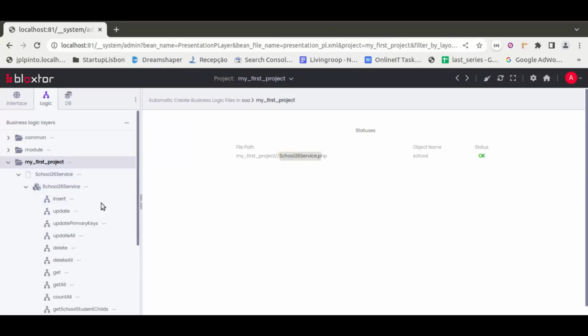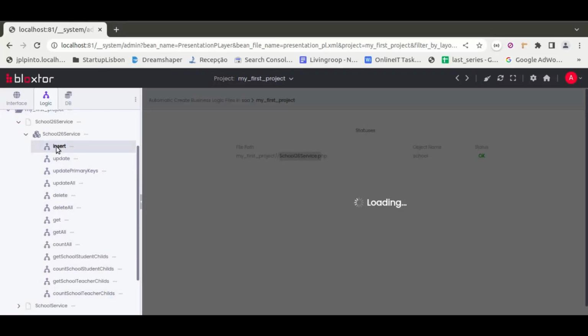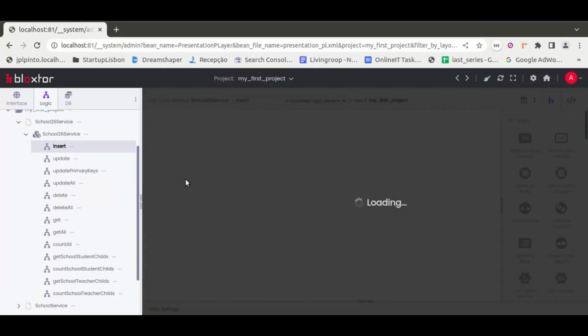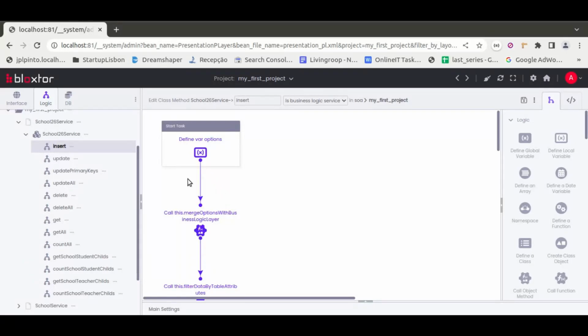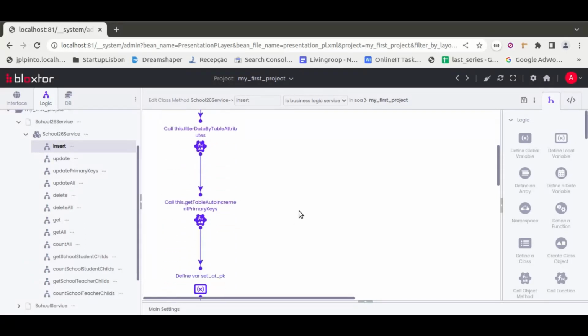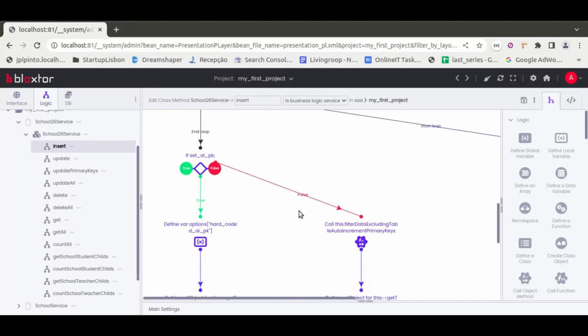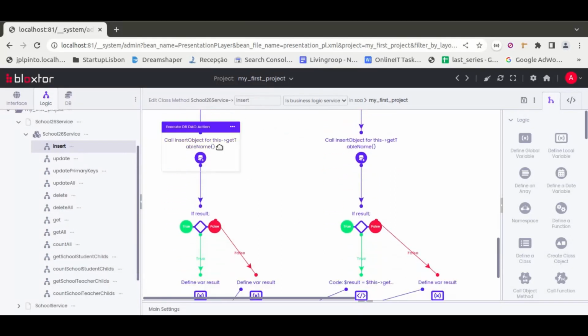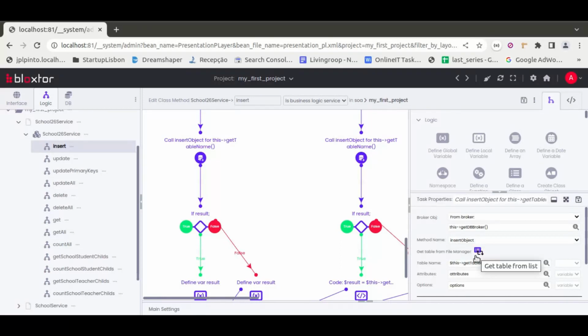And it creates by default a bunch of methods. So if I go to the insert service, I can see some similarities. This workflow is a little bit more complicated because it does some other validations and checks, including calling that task that we called, which is the DAO task. So if we go down, we can see it is calling this DAO task, which is basically what we did. Currently it is calling the insert object, exactly the same thing that we did, but in here it is calling this table name, which